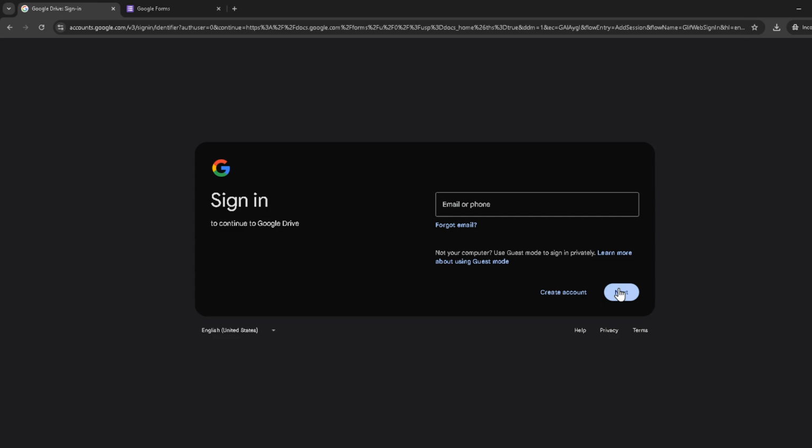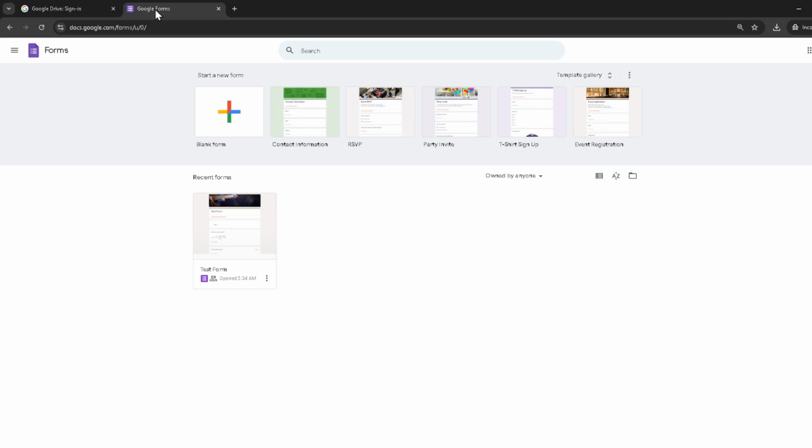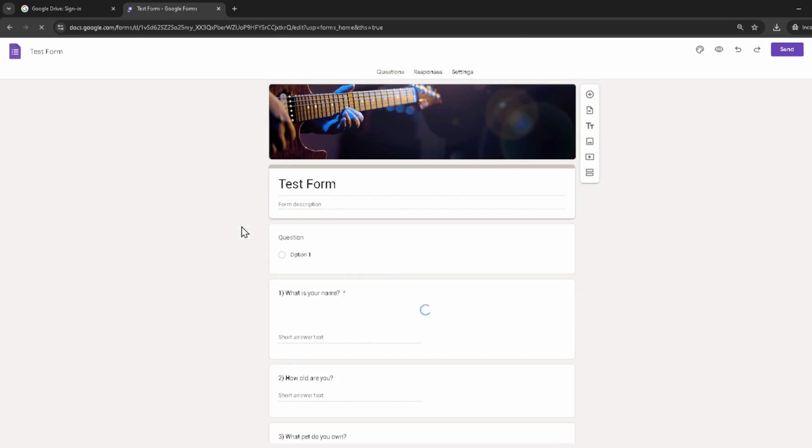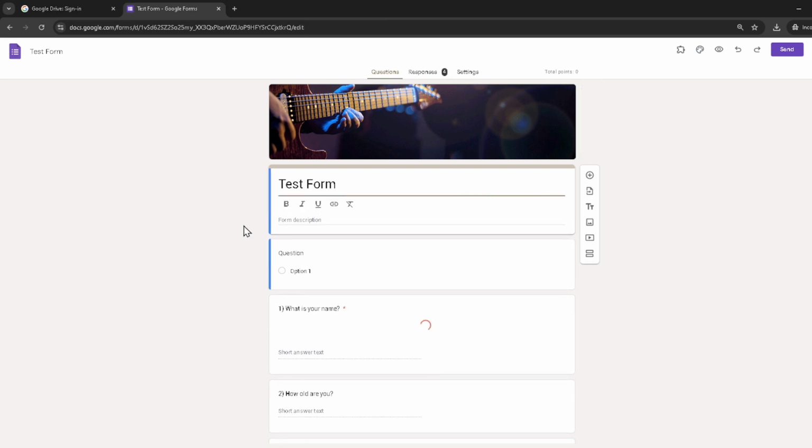Next, navigate to the Google form you want to add pages to. If you haven't created a form yet, now's a good time to make one. Just click on the blank form option or choose a template to start with. For those of you who are editing an existing form, simply open your form from the list of your saved